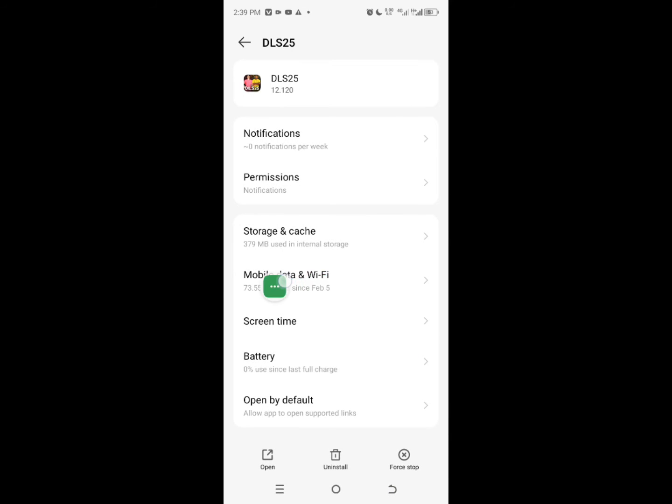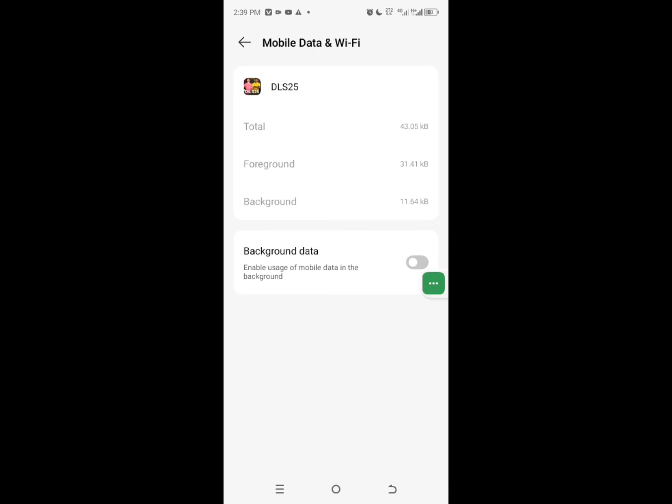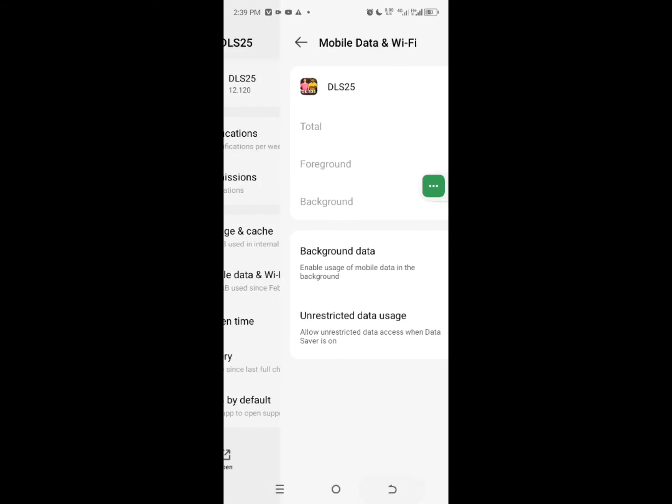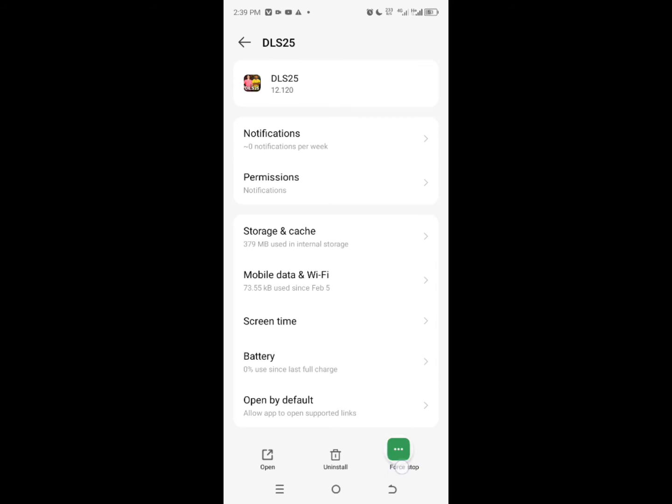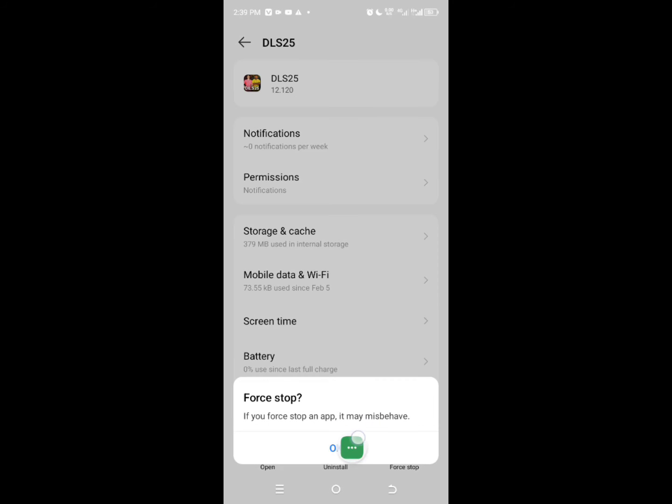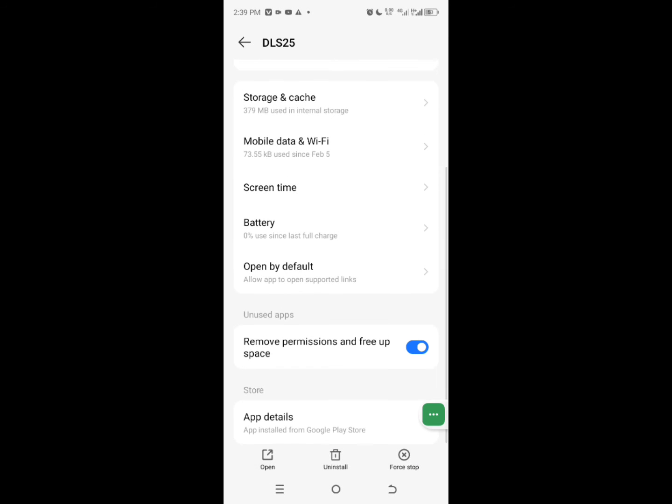tap on the mobile data and Wi-Fi, tap on the background data to turn it on. Then after that you go back, then you tap on this force stop over here, tap on OK. When this pops up, then you scroll down and tap on app details, and it's going to send you to